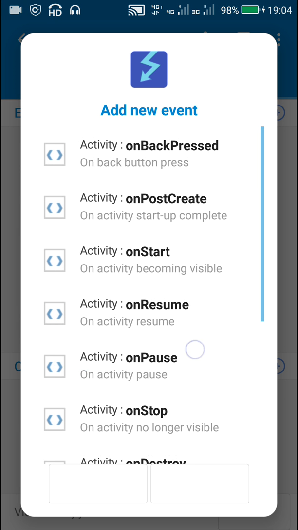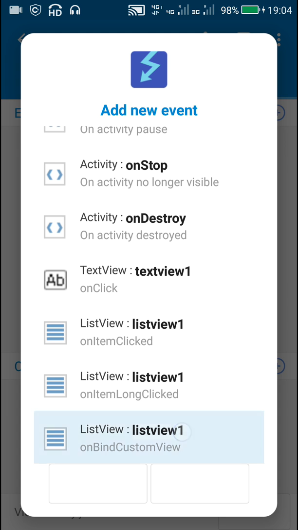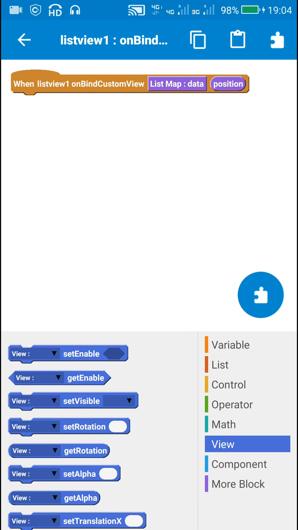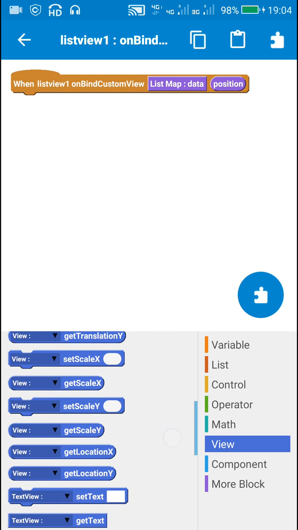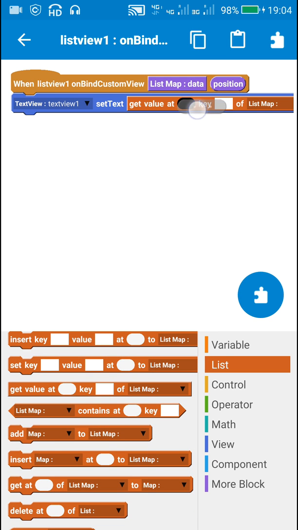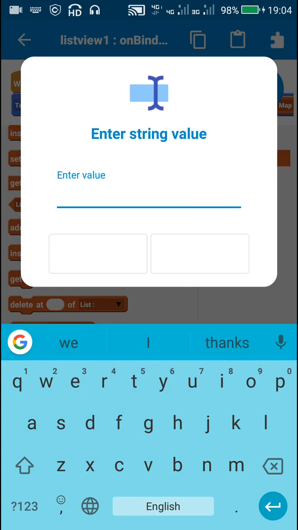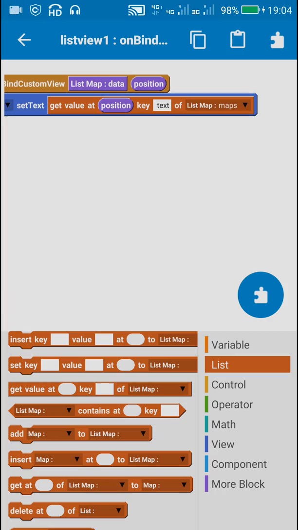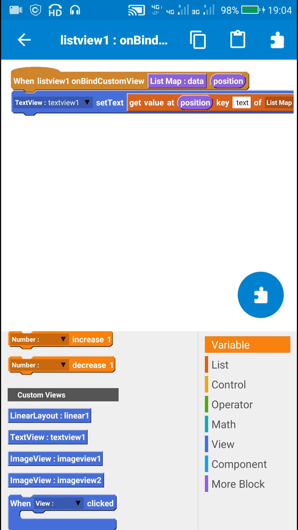Next I will add this block list view on bind custom view, and here I will first set the text of text view 1 set text get value at position key text of list map maps, and next I will use this block